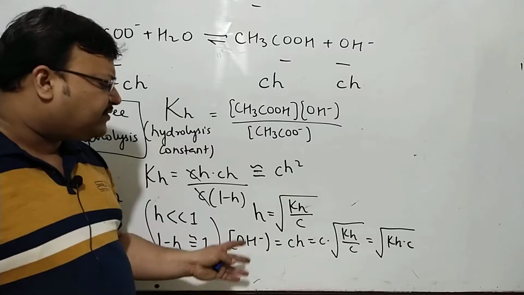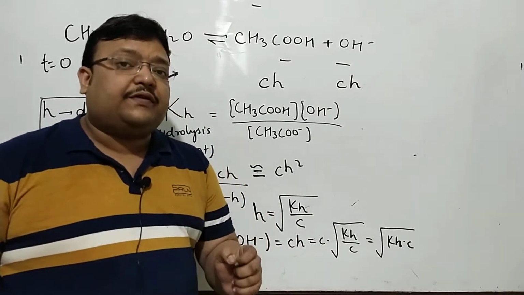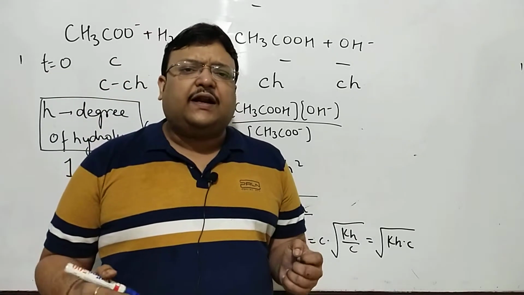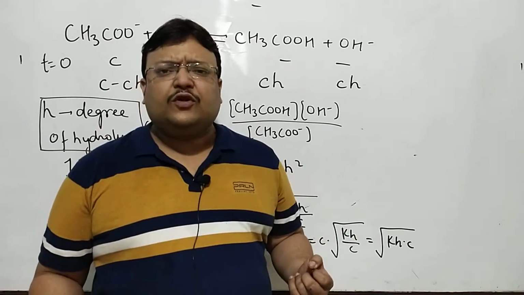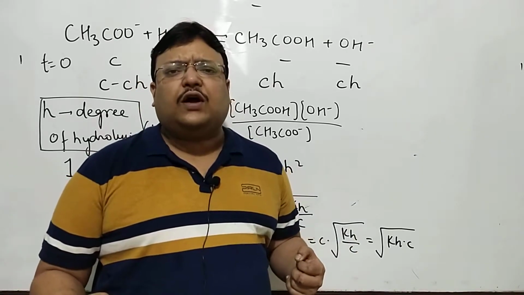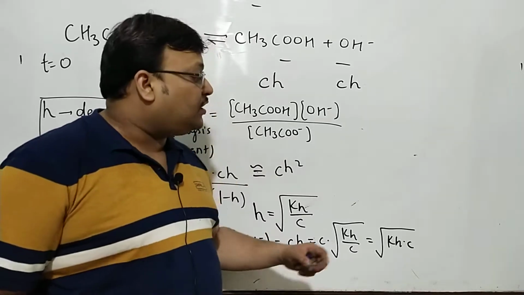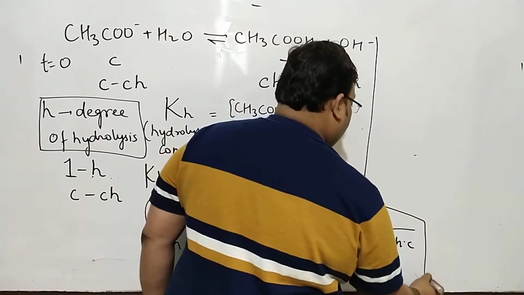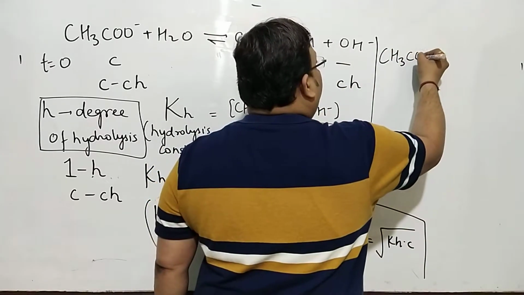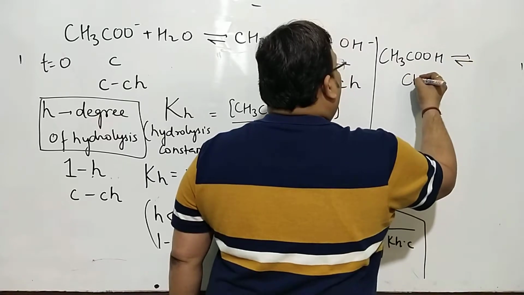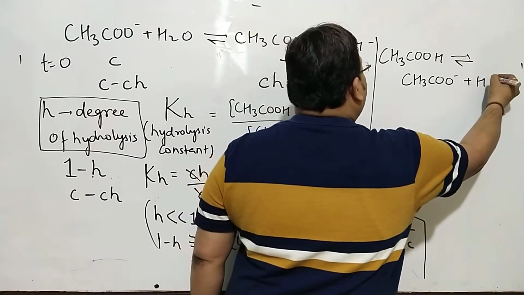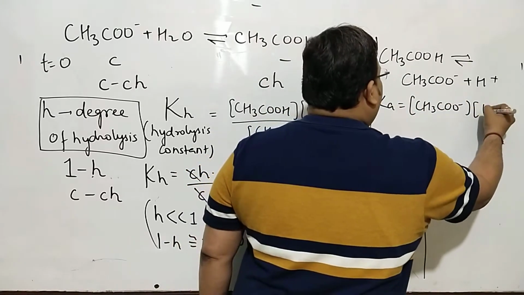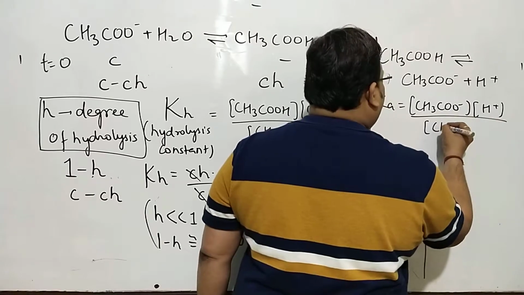So things we have done in the past, and now, like in the previous case, I want to talk in terms of Ka, Kb instead of Kh. For 10 acids, 10 bases, there could be 100 salts. So we don't want to learn new parameters, we don't want to have new values of Kh. We'll want to relate this Kh with the known Ka, Kb values. And out here, I could write for acetic acid breaking into acetate and H plus. And I could write for Ka as acetate H plus upon acetic acid.